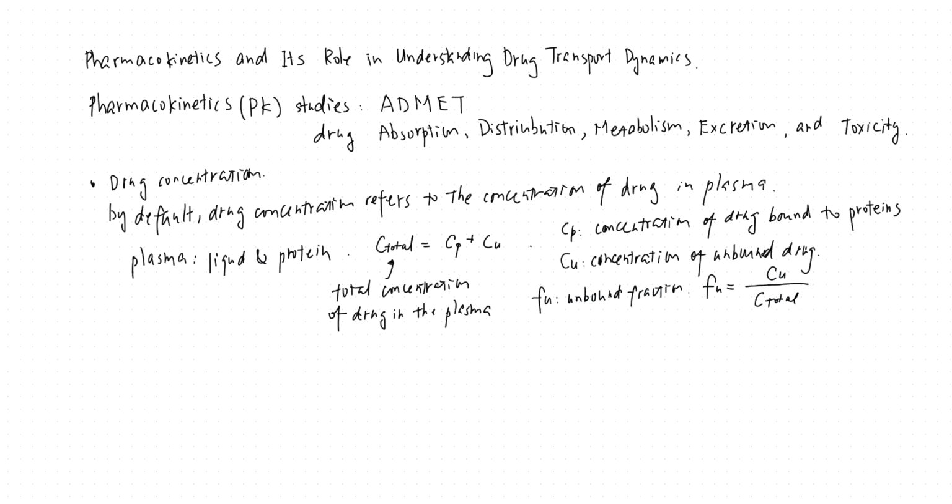Under physiological conditions, the unbound fraction for many drugs is roughly the same. They are not exactly the same, and some drugs may behave a little differently from others. But roughly speaking, you can approximate it, or in a clinical setting, for a typical drug, people may expect the unbound fraction to be at some level.